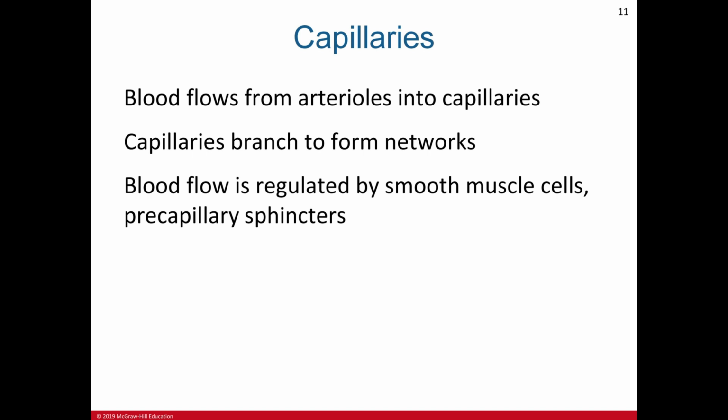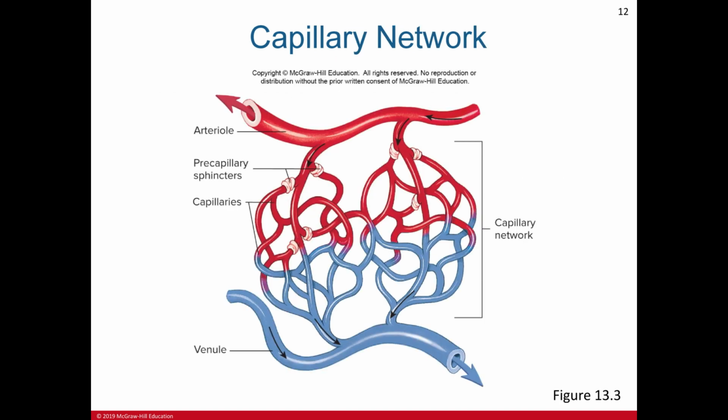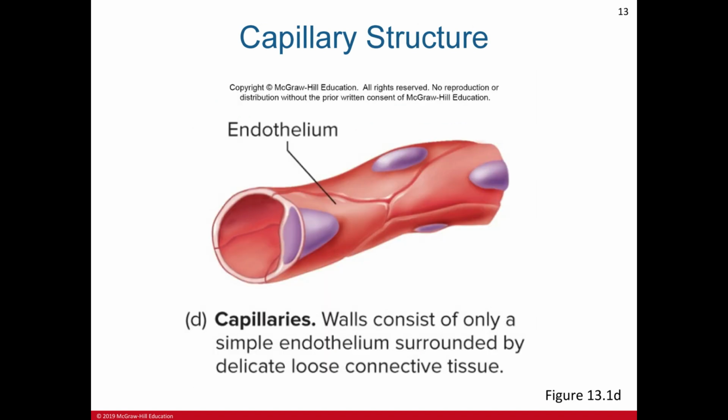Again, from the arteries, and then the elastic arteries, and then to the smooth muscle arteries, and then to the arterioles, which is the smallest, and then it will go to the capillaries. But as the capillary branches, it never changes its diameter. The capillary wall consists of only a simple endothelium, which is a simple squamous epithelium surrounded by delicate loose